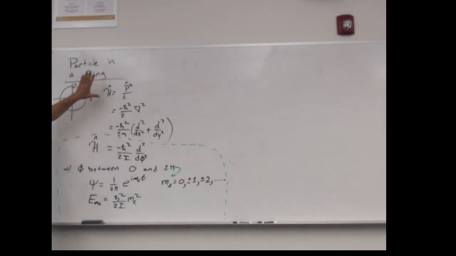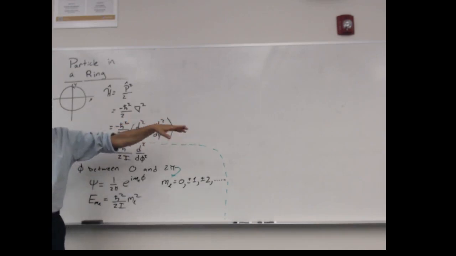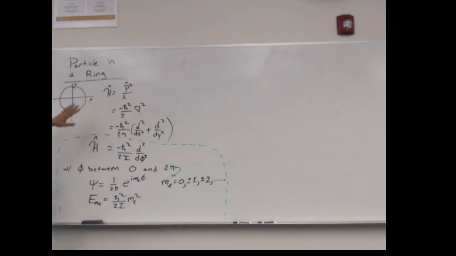We said the Hamiltonian is going to be the momentum operator squared, which we can rewrite with the Laplacian, which is just the generic d by dx squared, d by dy squared, d by dz squared. In this case, the z dropped out because we were limiting ourselves to the xy plane. And we said that if we rewrite this, because of the way that x and y are related to each other, we can rewrite it in terms of r, theta, and phi, and we get a little bit of simplification. That simplification makes it so our Hamiltonian looks shockingly like the particle in a box Hamiltonian,